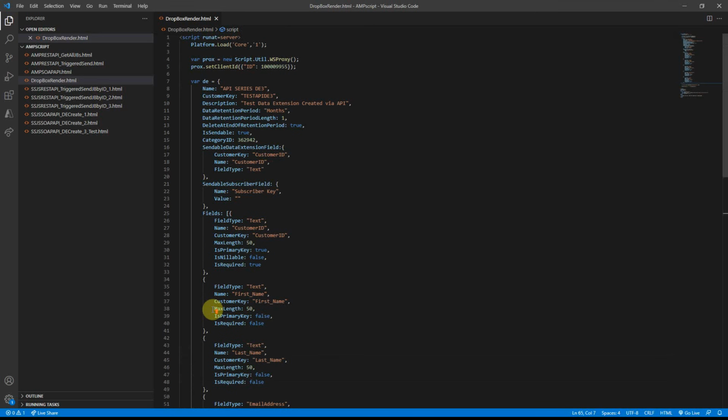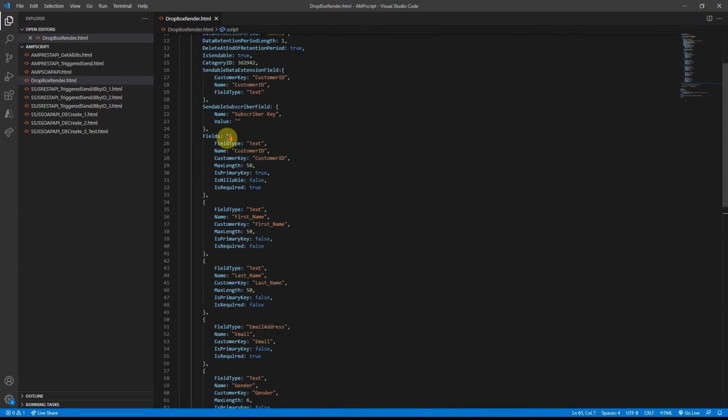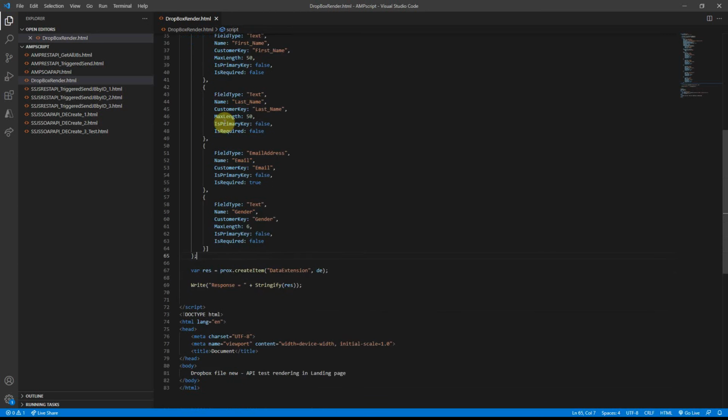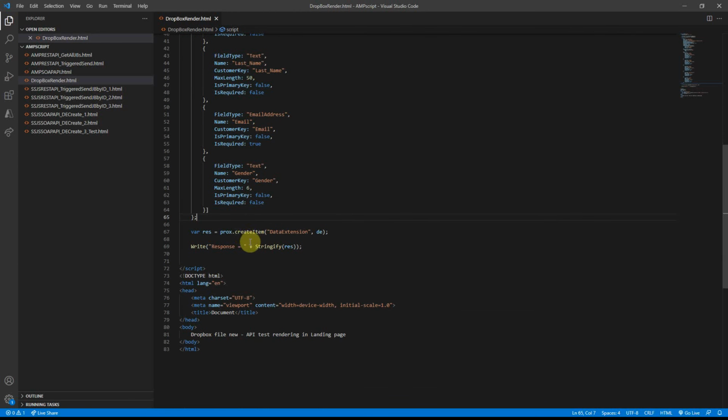Okay. So you can see how easy it is for us to specify all the properties that we need for that DE object using JSON. Pretty straightforward. We map it from our SOAP envelope. We can put that in. We don't have to do a lot of formatting like how we saw by building a payload and then doing authentication and all that. We don't have to do any of that. Very easily, once you have the object that you want to create, specify that using JSON, create your WS proxy object, and then set your client ID for impersonation if required, and then just call the operation that you need. Like in our case, it is create item. Then invoke that operation, and get the response back.